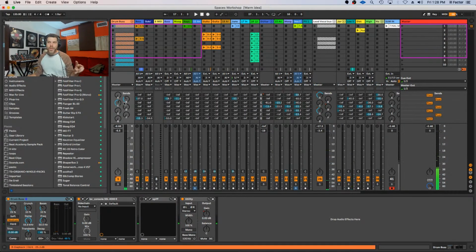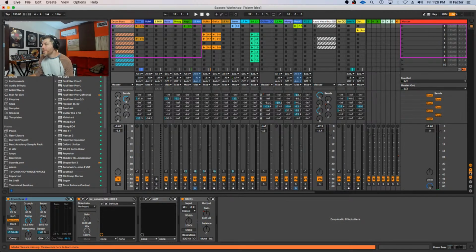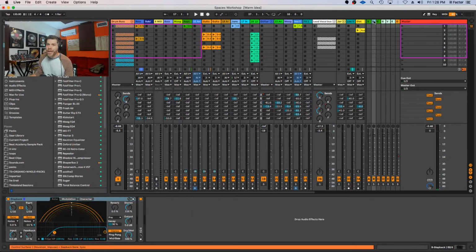Now, two cool things you can do to make this your own, and which I've done here, is I've added some effect processing. So I've got a return track B over here with a slapback delay. I've got a delay set to every 16th note. I have it set to stereo, and I'm making sure to eliminate some of the low end.